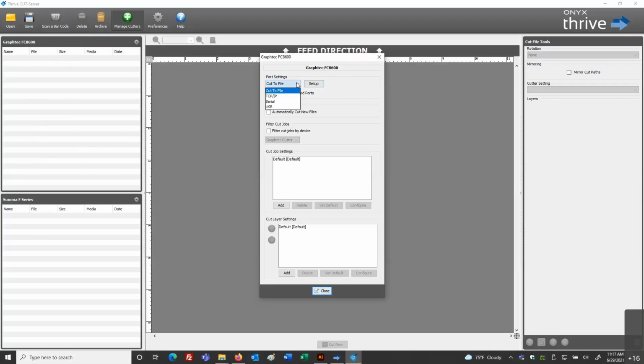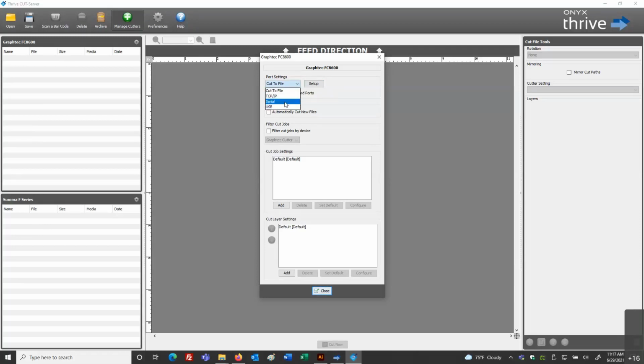Some may be USB or TCP/IP on your network. Some you might be browsing to a folder across your network and putting the file over to some other server. So just depending on which cutter model you have, will depend on these choices.